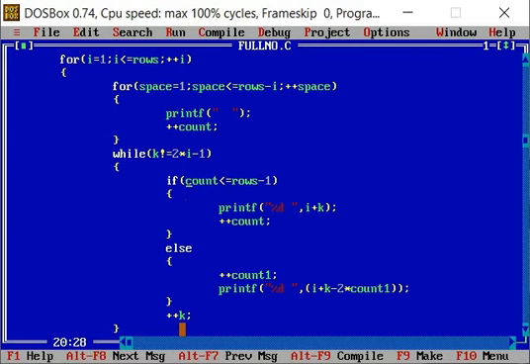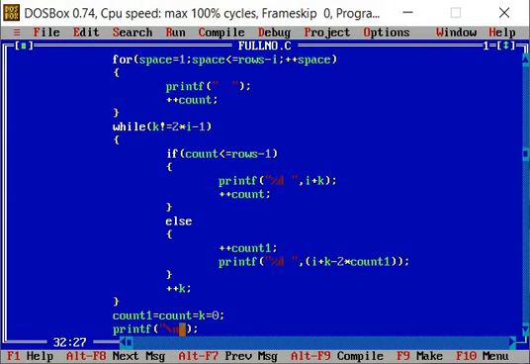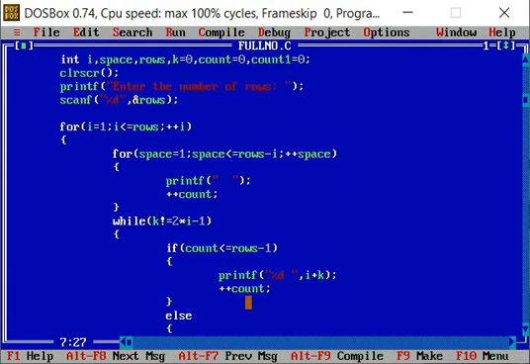It will again go to the while loop. The condition becomes false: k equals 1, and 2 multiplied by 1 minus 1 is 1. So 1 is equal to 1 definitely, and it will not execute the while loop. It will go out of the while loop. Now count1 = count = k = 0, all three become 0 again. It will go to the new line. Now the i value will be incremented, that is i becomes 2.